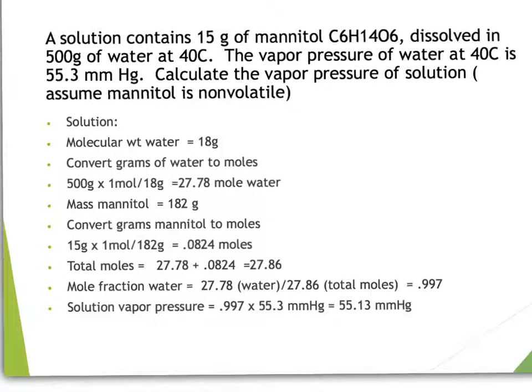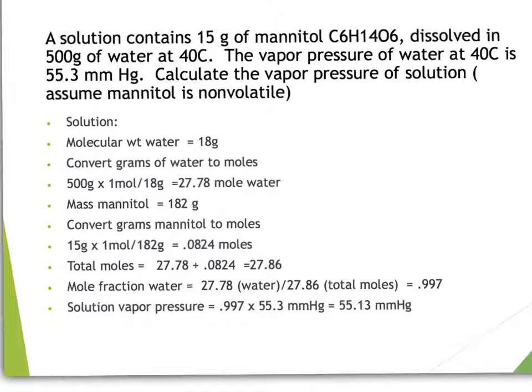Here we have a second example of Raoult's law. We have a solution containing 15 grams of mannitol. The chemical formula for mannitol is C6H14O6. It is dissolved in 500 grams of water at 40 degrees Celsius. The vapor pressure of the water at 40 degrees Celsius is 55.3 millimeters of mercury. We need to calculate the vapor pressure of the solution, and we are going to make the assumption that mannitol